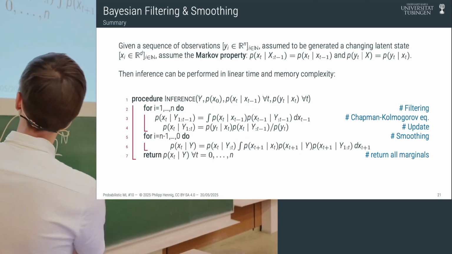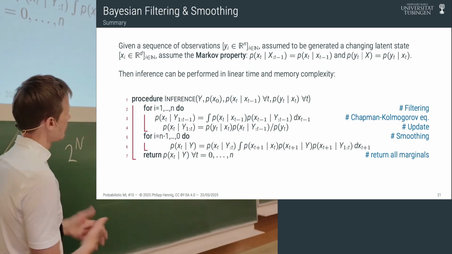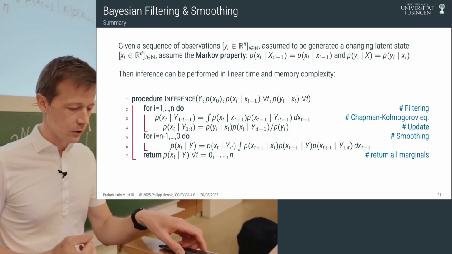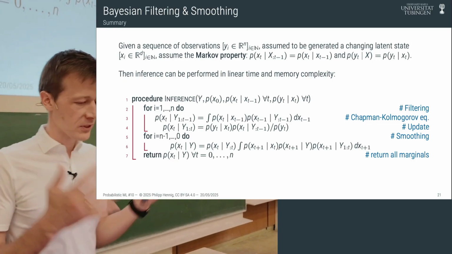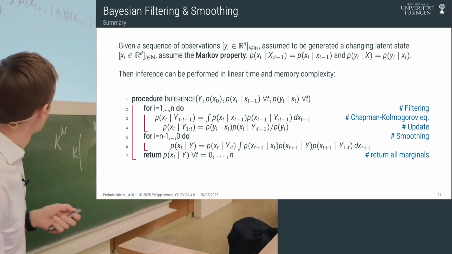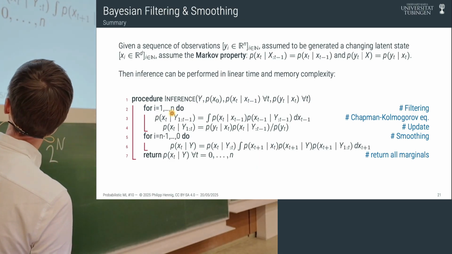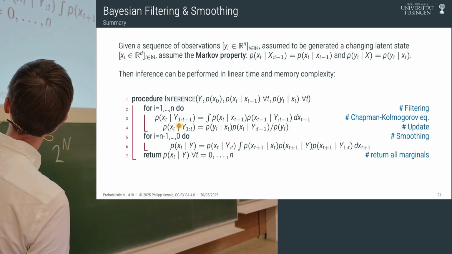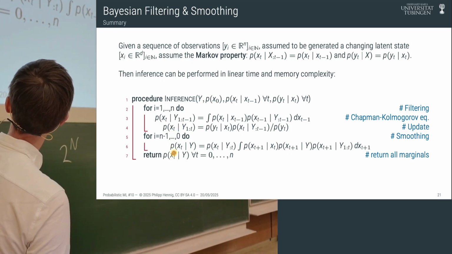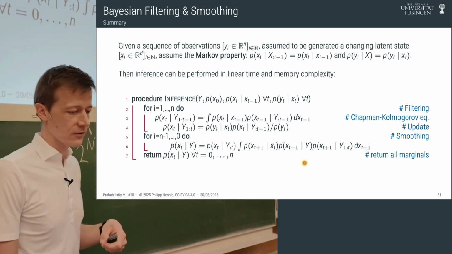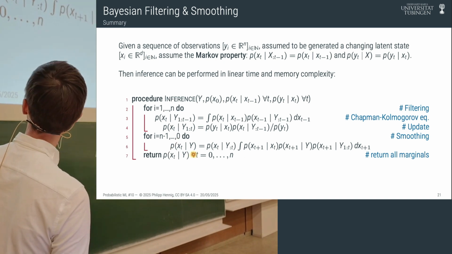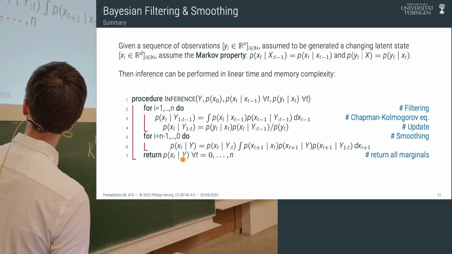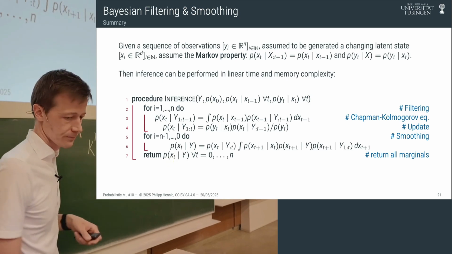So here is a pseudo code that does this. To do inference in a Markov chain, given that you have a finite Markov sequence, you do this forward loop that consists of predict and update until the end, and then you go backwards from the end to the front, reusing terms that you have computed in memory, so they're sort of still around here in a way, to get a joint distribution.